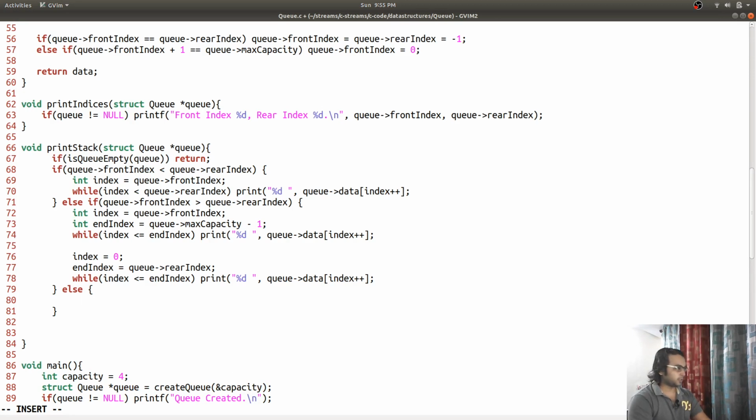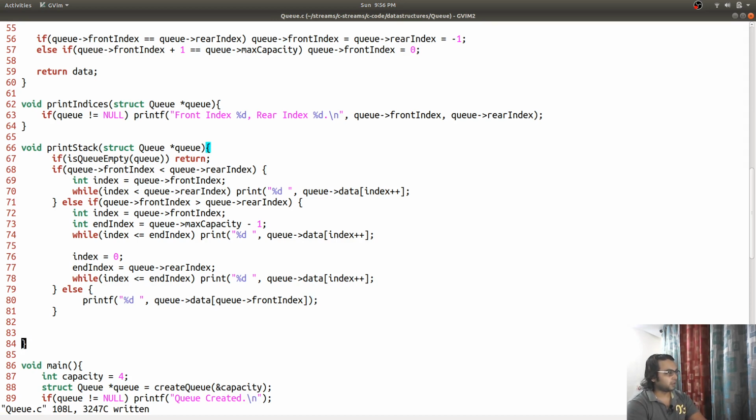In that case we will just print the data at index, and